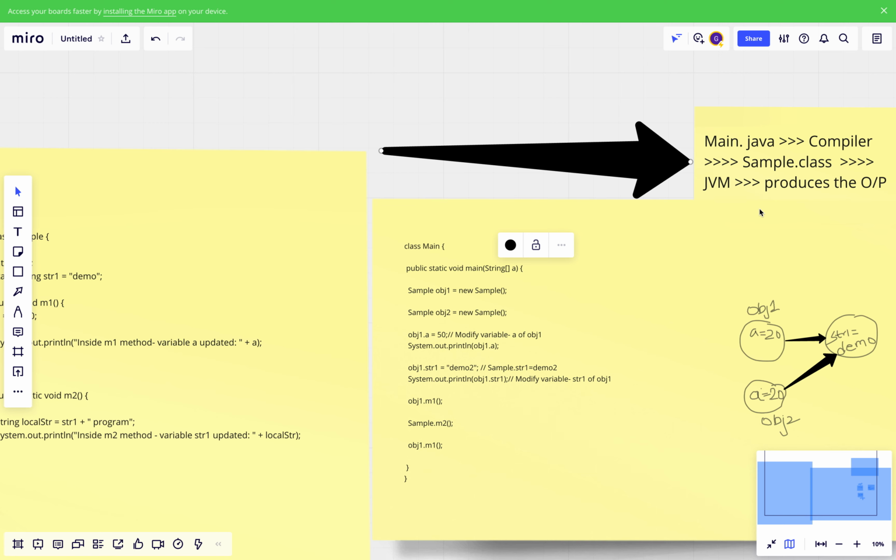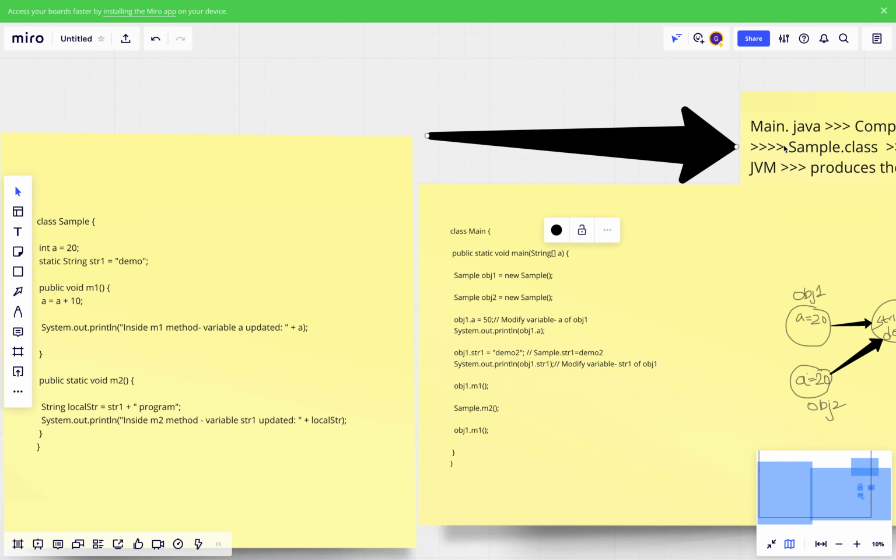Okay, you should know this, because that differentiation will help you understand things better. Memory is also one of the important areas where you need to know where your .java files or .class files are stored, and when it comes to JVM architecture, you will get to know more things. For now, you can assume it works this way. This is what happens when you compile or run the code.